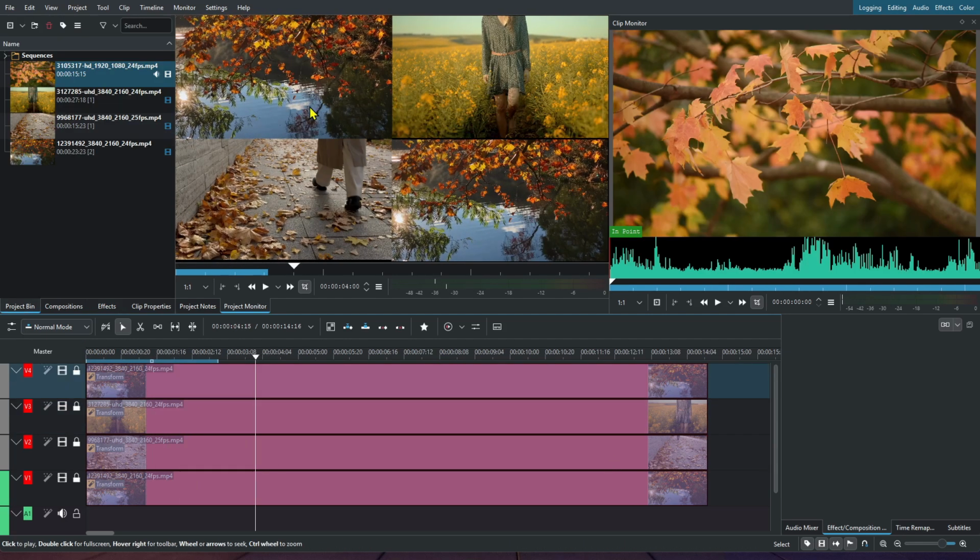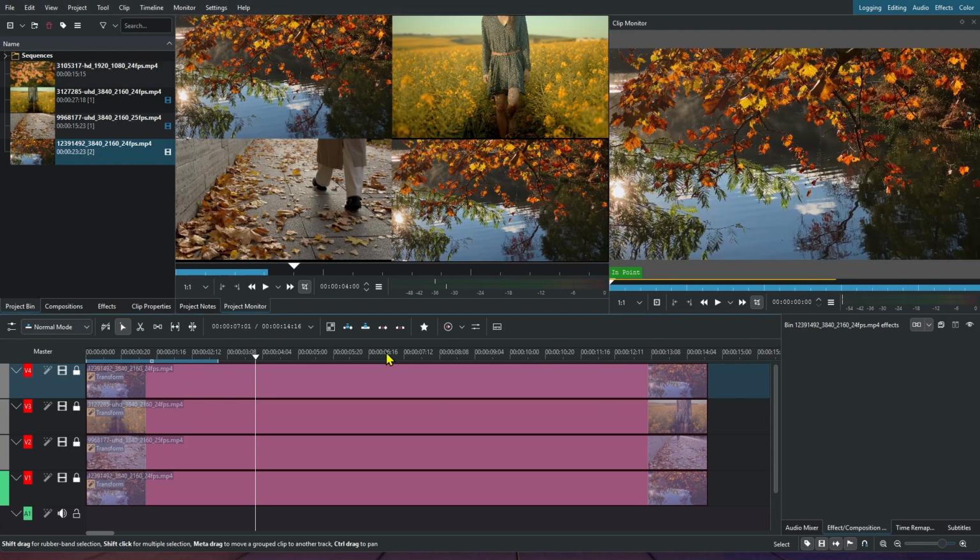So I brought in 2 of the same videos. Didn't mean to do that. I meant to bring in this one. But anyway, that's how that works. And it works with any 4x4. You just want to make sure everything's lined up correctly. Let's move on. This is one way we can create 4x4 multi-screen videos. Let's move on to our next tip, which will be how to